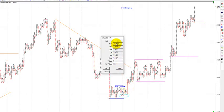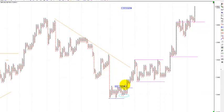You can see here on the 28th. I'm sorry, it was about a day and a half ago. So it was on the 28th. And this gave us a buy opportunity, and I'm going to show you some of the details that I use